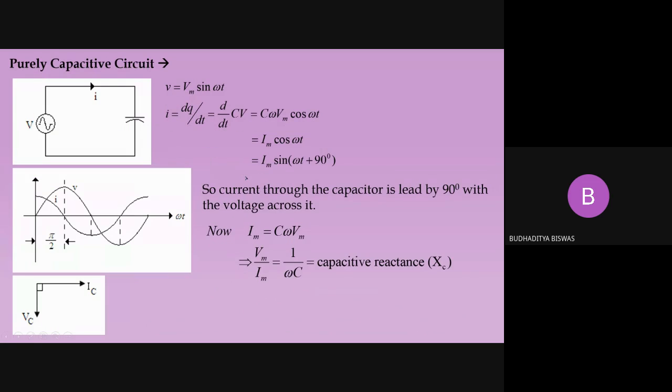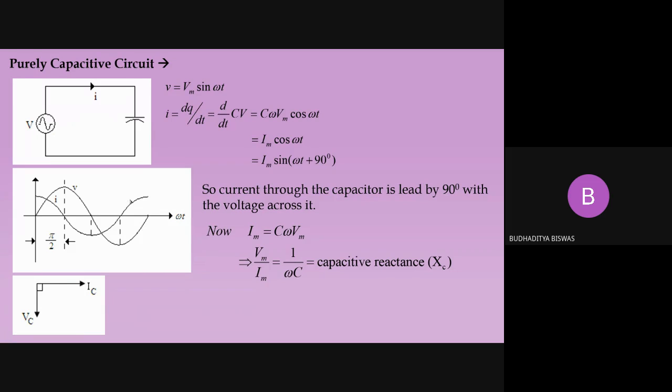Coming to the pure capacitor, here you see the current through the capacitor IC leads the voltage across the capacitor VC by an angle of 90 degrees, and anti-clockwise position means it is leading. So here you see the voltage is on that side and the current is on this axis. As the current is 90 degrees anti-clockwise, it leads the voltage across the capacitor by an angle of 90 degrees. So you need to remember this very carefully to understand the phasor diagram.